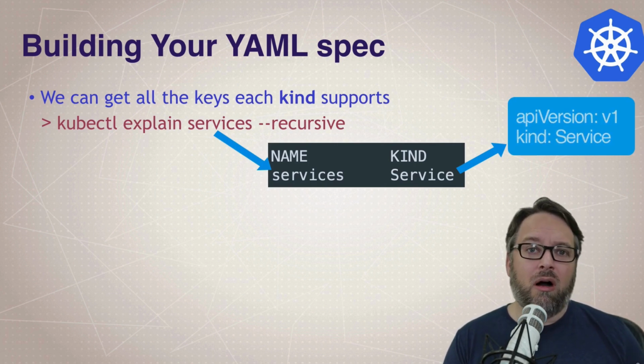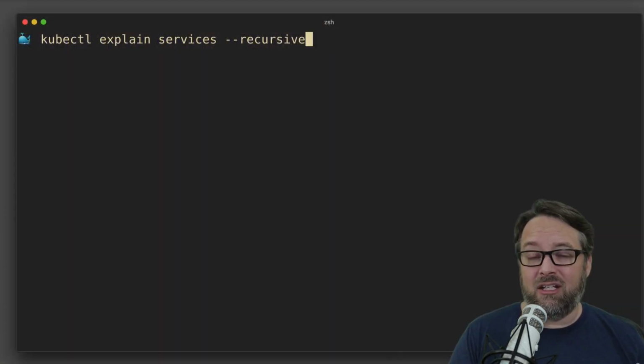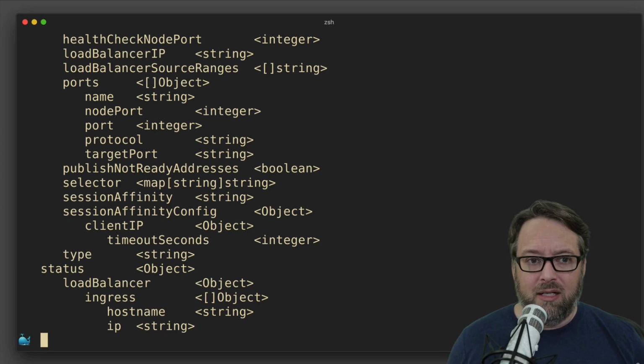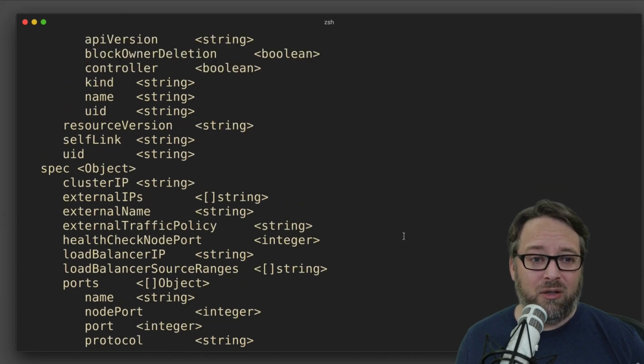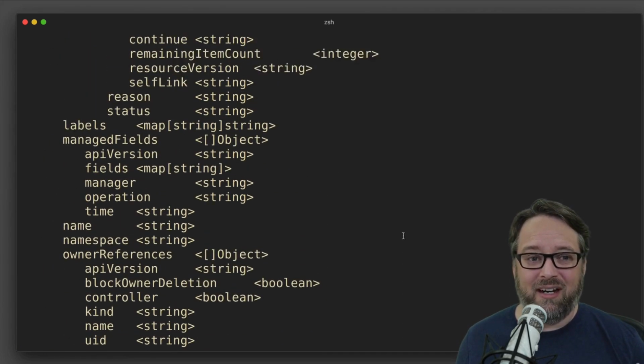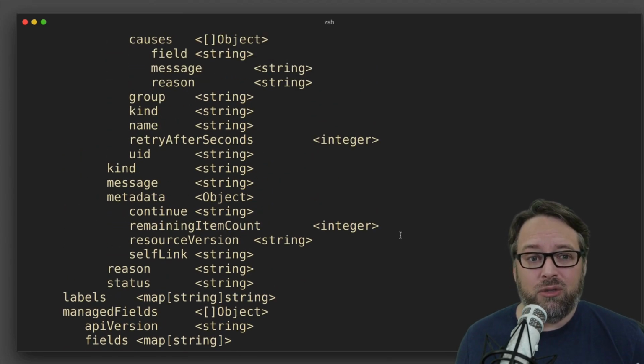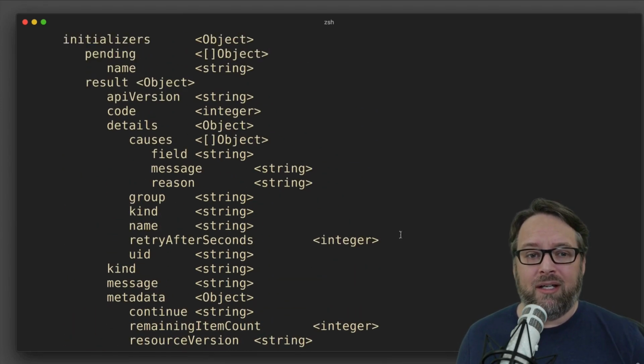This will show you all the different keys that it supports in the YAML file. And just for services, you can see that it comes back with a lot. It's a little bit overwhelming. There's so much in there. And of course, it doesn't tell us what those things do, but this is at least a quick list of